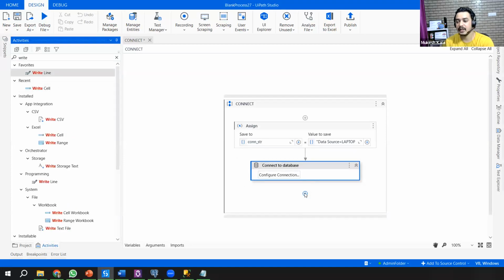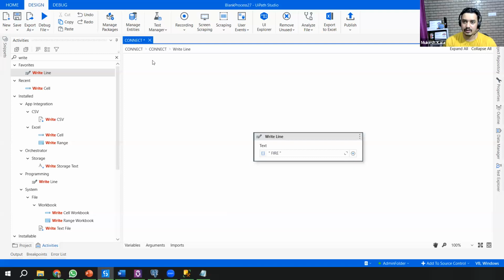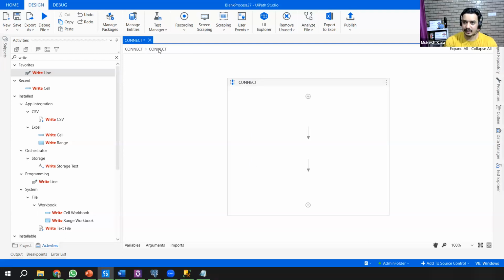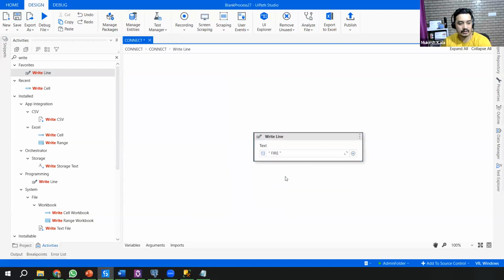Let's say I want to write an automation to fire queries, or do some data table manipulation with the databases. But how would the next activity know whether the connection was successful here or not? This activity does not know.